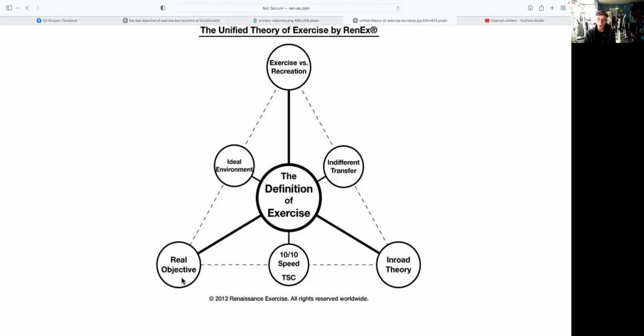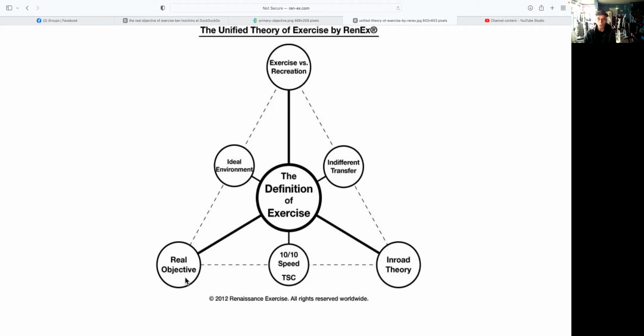Before I do so, I want to give all credit for the copyright for this and the next graphic to Renaissance Exercise, Ken Hutchins, Josh Trentini, Al Coleman, and others. I'm not sure who all owns these rights, but this is not my original material. I encourage everybody to seek out any of the work by Ken Hutchins, the Super Slow Manual, Renaissance Exercise Volume 1, Volume 2, for a much more in-depth explanation. These are not my original ideas, so any mistakes are purely mine.